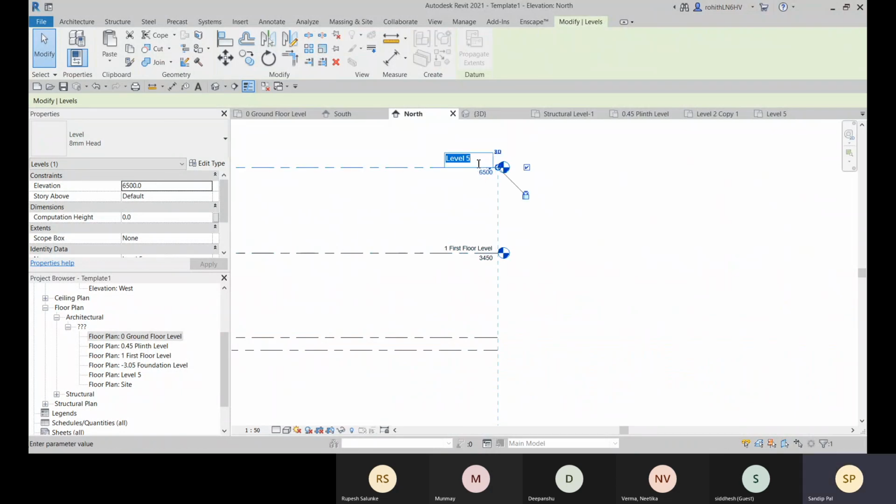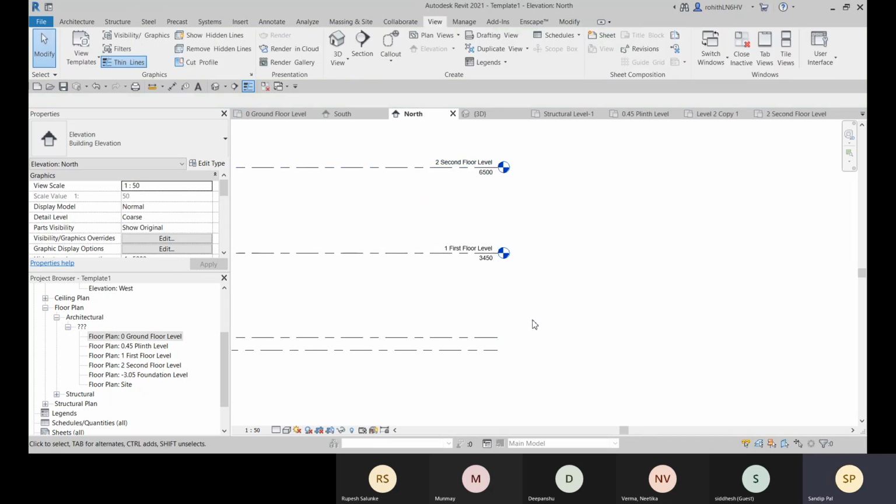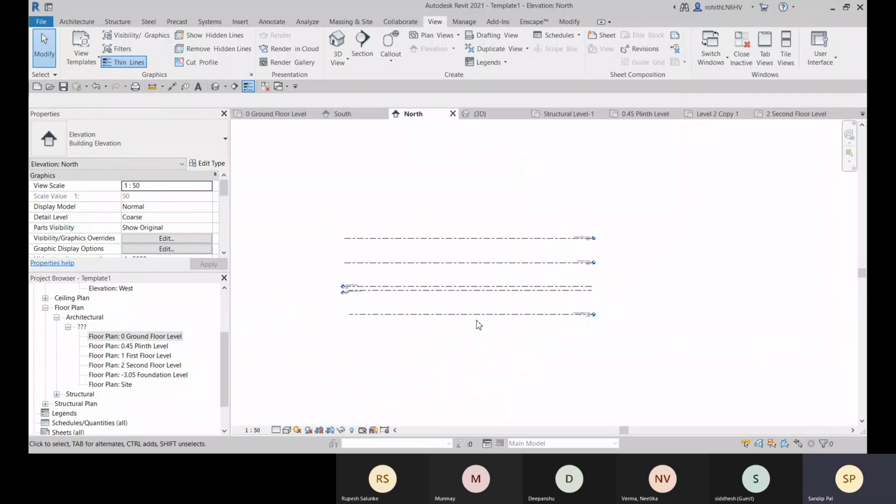Now let me rename this to second floor. Click on yes, and that is added here.